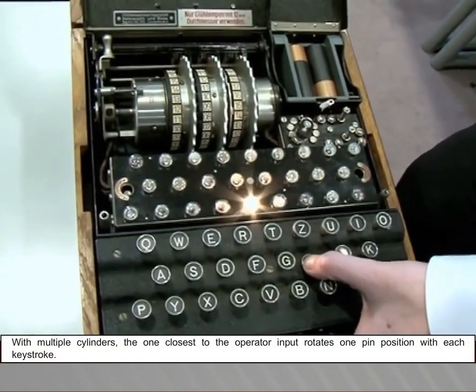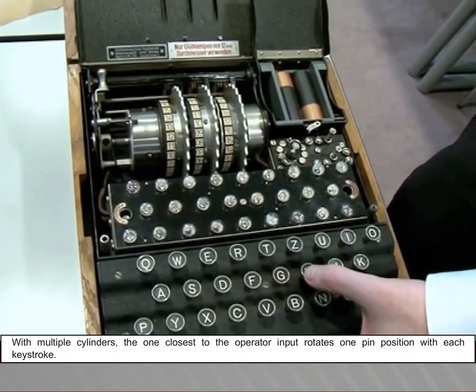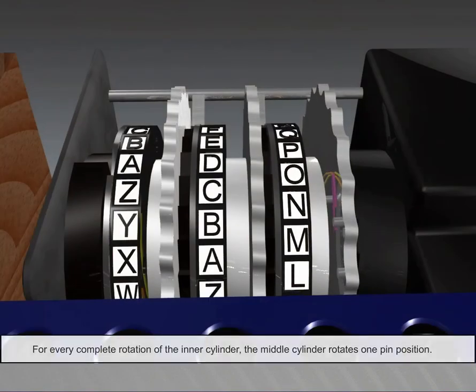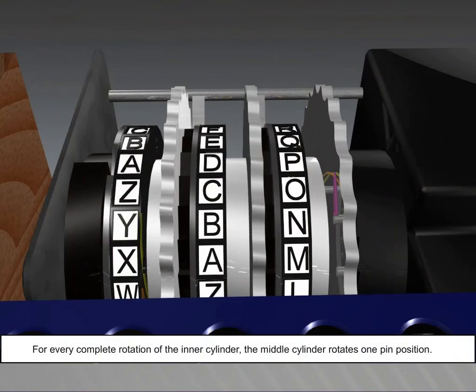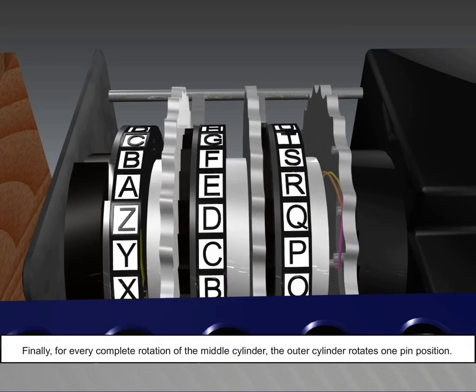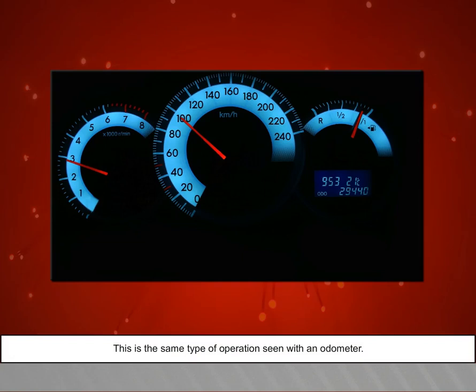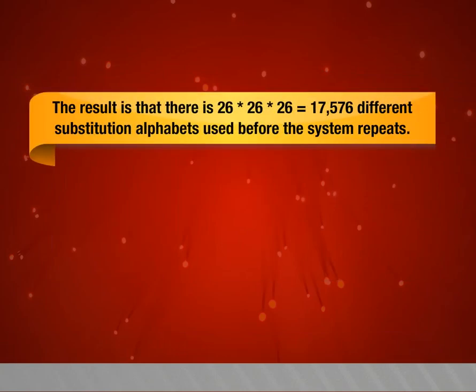With multiple cylinders, the one closest to the operator input rotates one pin position with each keystroke. For every complete rotation of the inner cylinder, the middle cylinder rotates one pin position. Finally, for every complete rotation of the middle cylinder, the outer cylinder rotates one pin position. This is the same type of operation seen with an odometer. The result is that there is 26 x 26 x 26 = 17,576 different substitution alphabets used before